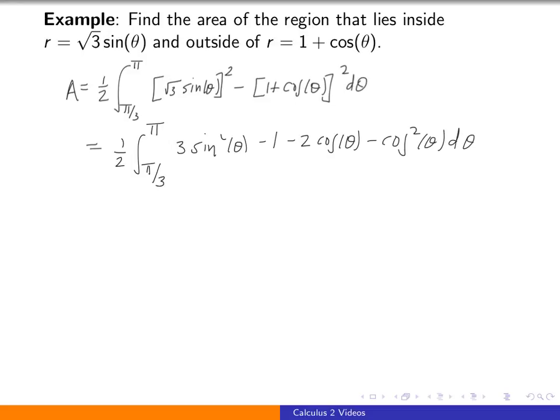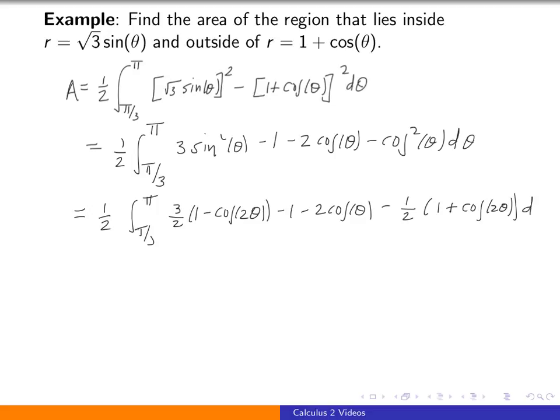And then as we've done previously, we're going to rewrite the sine squared and the cosine squared in terms of the double angle formula for cosine. So this will become 3/2 the quantity 1 minus cosine of 2 theta, so just using the double angle formula, minus 1 minus 2 cosine theta, and then subtracting away 1/2 the quantity 1 plus